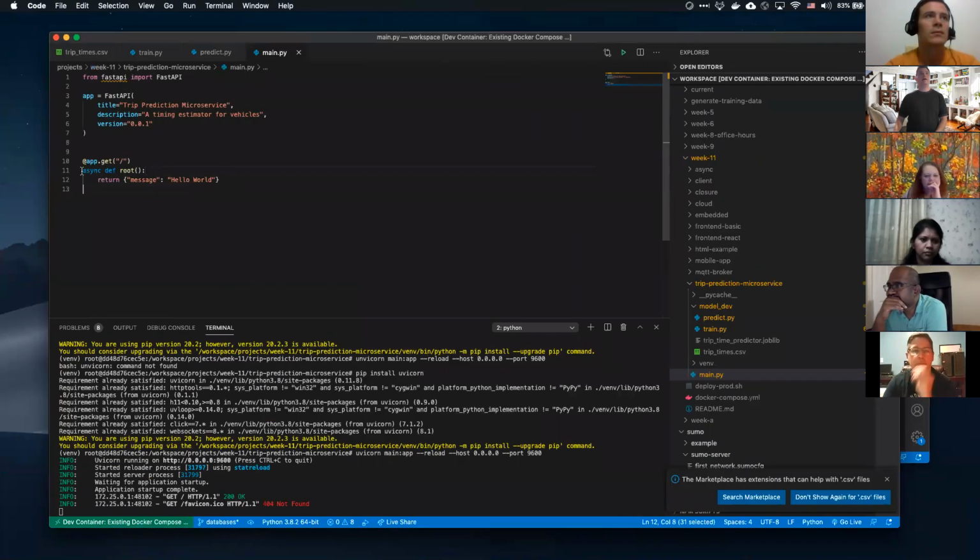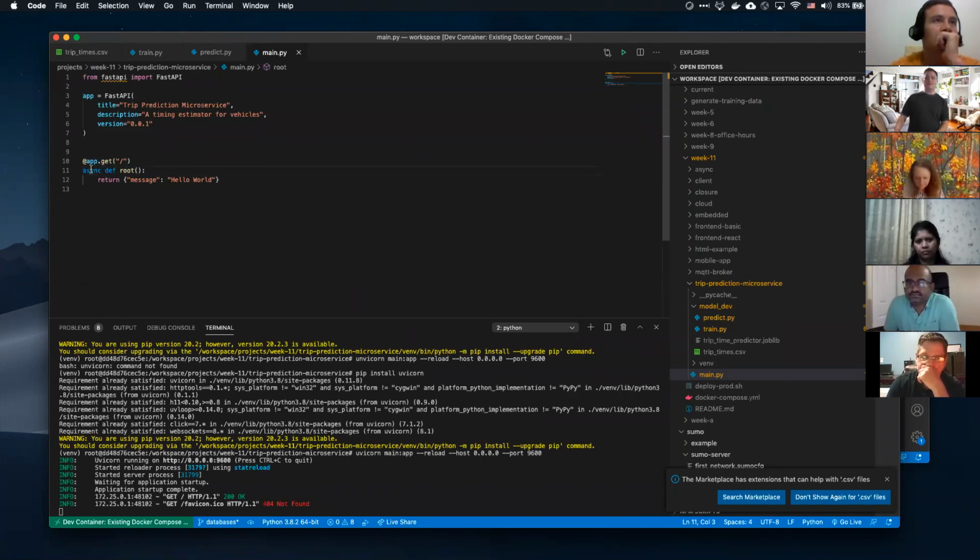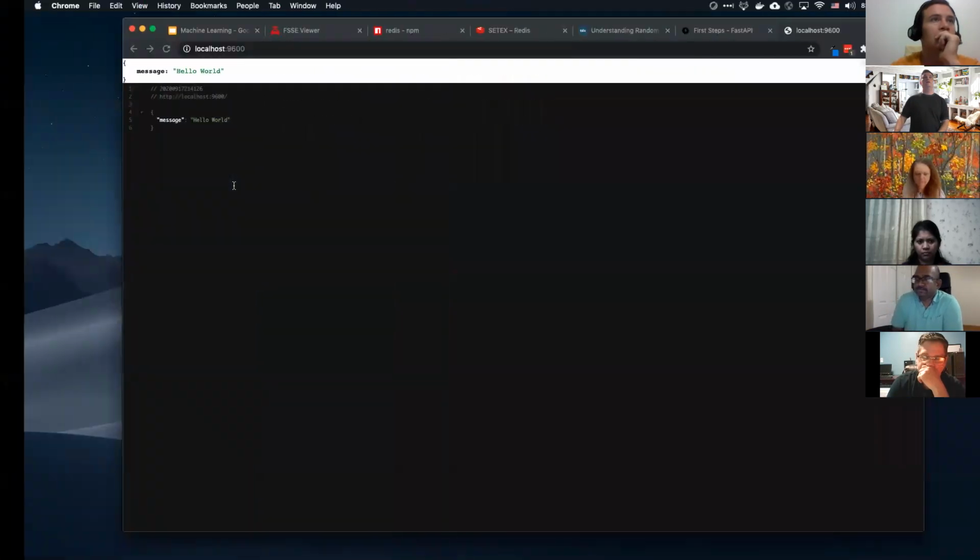That was our first route. So we defined it with app.get. It looks a lot like Express, right? A little bit different. We're using a decorator here as opposed to an inline function. And then we're just defining our asynchronous function. Now you're seeing some asynchronous programming in Python. That's one thing that really separates Fast API from everything else, is it is inherently asynchronous. And then we're just returning a hello world.